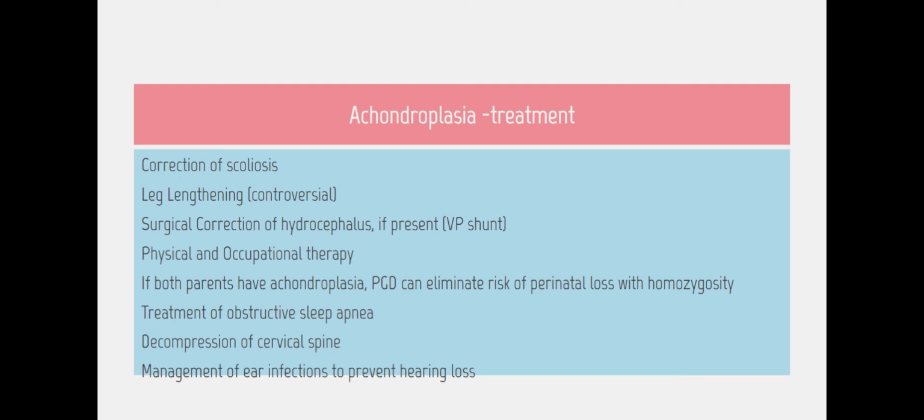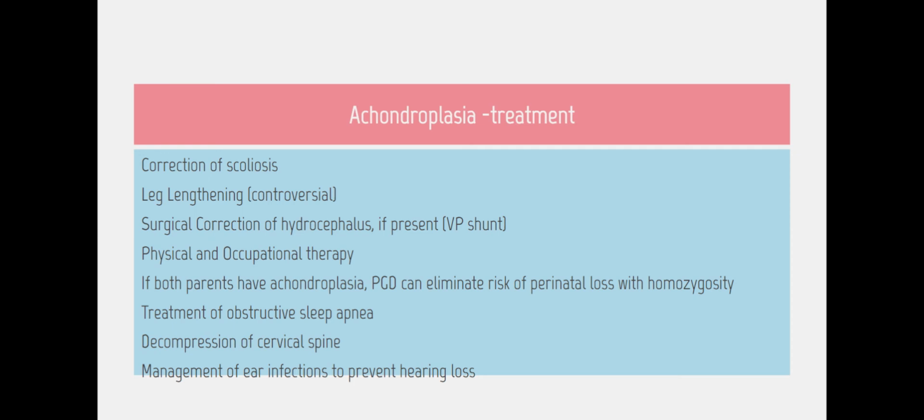Correction of scoliosis could be a big one. That actually helps with breathing. Correction of kyphosis. Kyphosis is an abnormal curve in the thoracic region of the spine. There have been some reports of leg lengthening, but it's very controversial. The idea would be to give that person a few inches of height. It's painful and invasive. And the risk versus benefit there, does it give them a little bit of function more? Maybe, but there might be better ways to help adapt the environment so that individuals don't have to go through